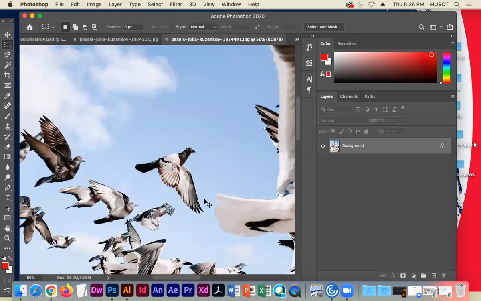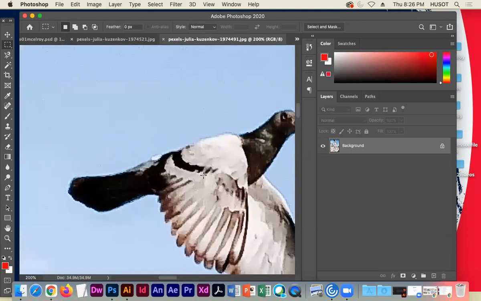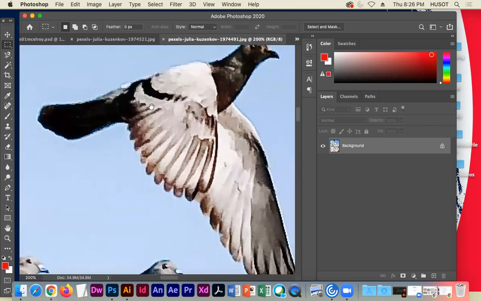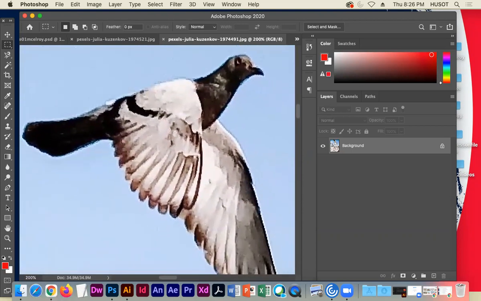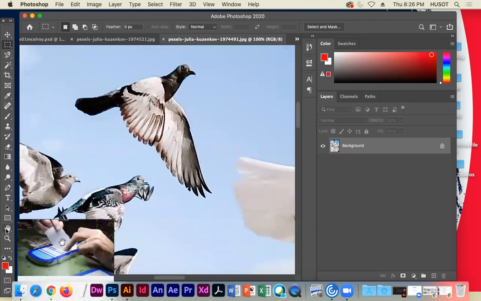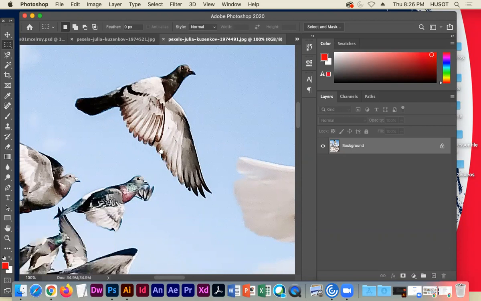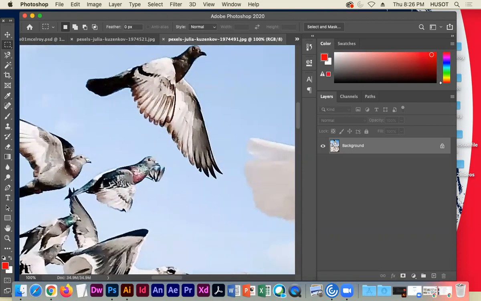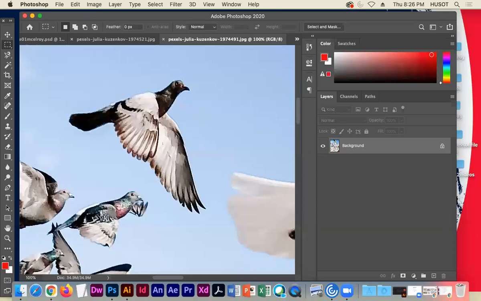And I'm doing Command plus just to zoom in. I'm actually using the space bar, and the space bar turns into a hand, and it lets me kind of pan around a little. You're going to notice the hand is right down here in the toolbar. The short key is the space bar, and it turns the tool into a hand. So that's just a short key. I need to select this bird. Well, watch the magnetic lasso. If I click my mouse at the end of the tail and I just follow my mouse around the edge of the bird,